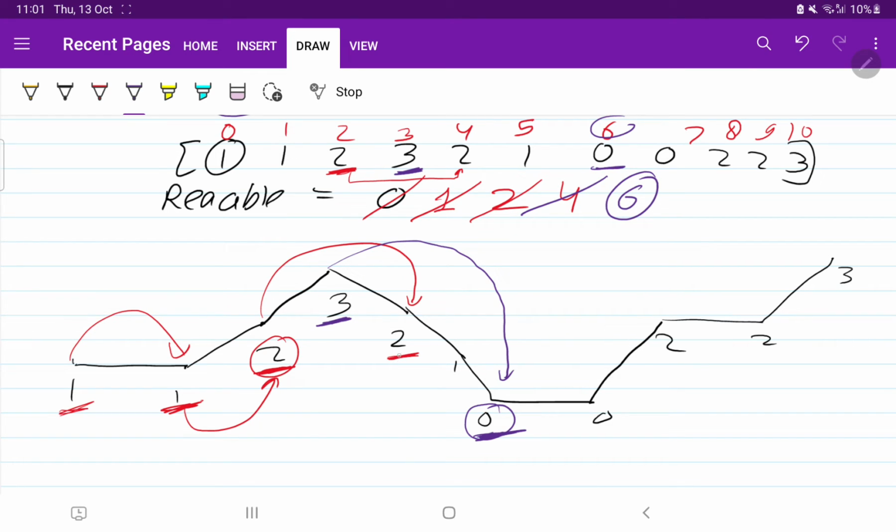Now we will come to the next element. Okay, after 3 we will come to the element 2, the next element in the array. We will ask him what is the maximum distance or what is the maximum value that you can reach. He will say that we can reach till this position 0. So I will see what is the 0. 0 is 6. So we don't need to update 0 because we are reachable till 6.